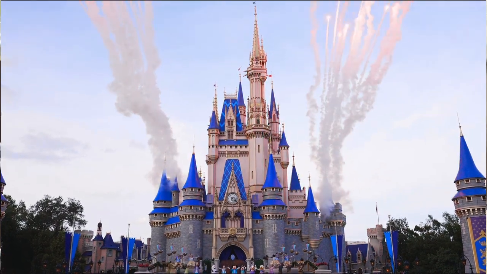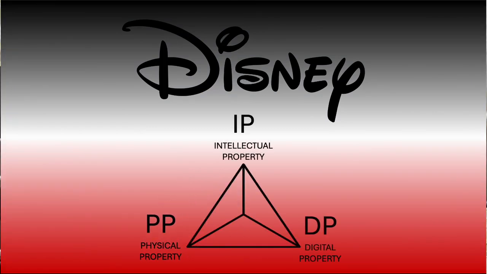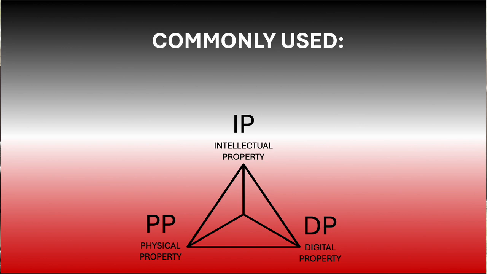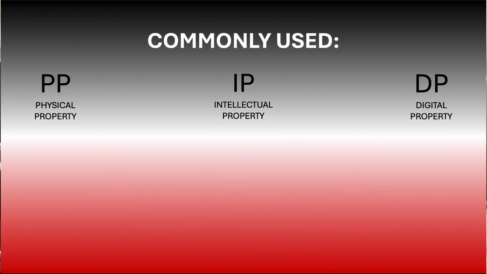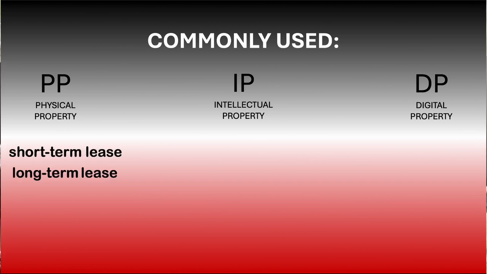So you have all of these different forms of property, which, like I said, is intellectual property, physical property, and digital property. But the real magic comes from picking out the right models in order to monetize and create different streams out of these different property sources. So in physical real estate, there's different models already out there. Still, with each of these, you can get pretty creative. The models commonly used with real estate in general is short-term leases, long-term leases, selling right out, timeshare, and things like that. But in other forms of property, like intellectual properties, you can lease that out as well.